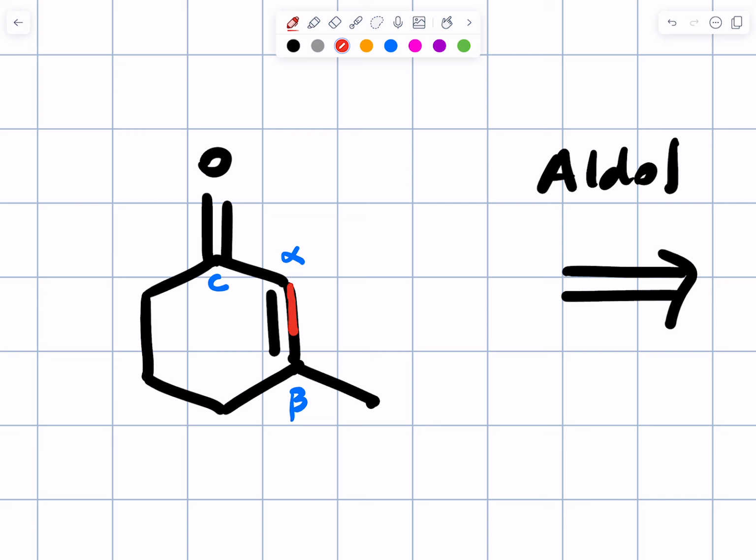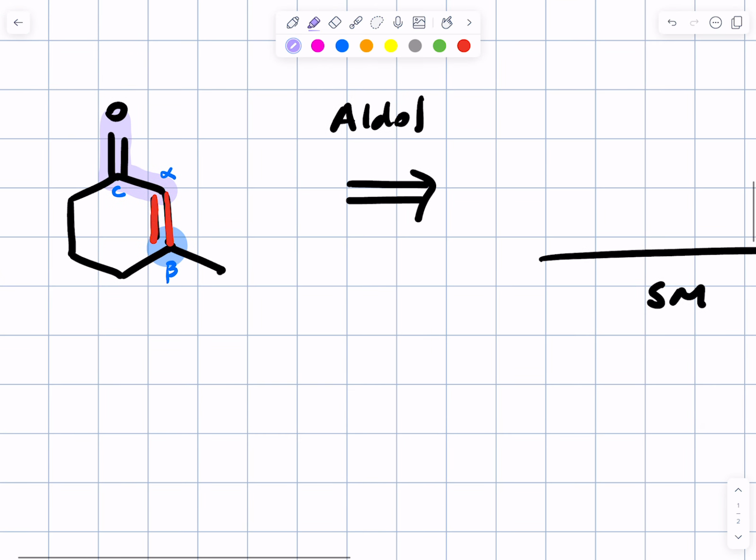You had to make the sigma bond and the pi bond, right? So then which carbon was the carbonyl carbon in the starting material, the electrophile? Beta, right? And that means which carbons were involved in the nucleophile? Where was the enolate? It's on the other side, on the alpha carbon, right? Okay, good. So at this stage, thinking backwards,